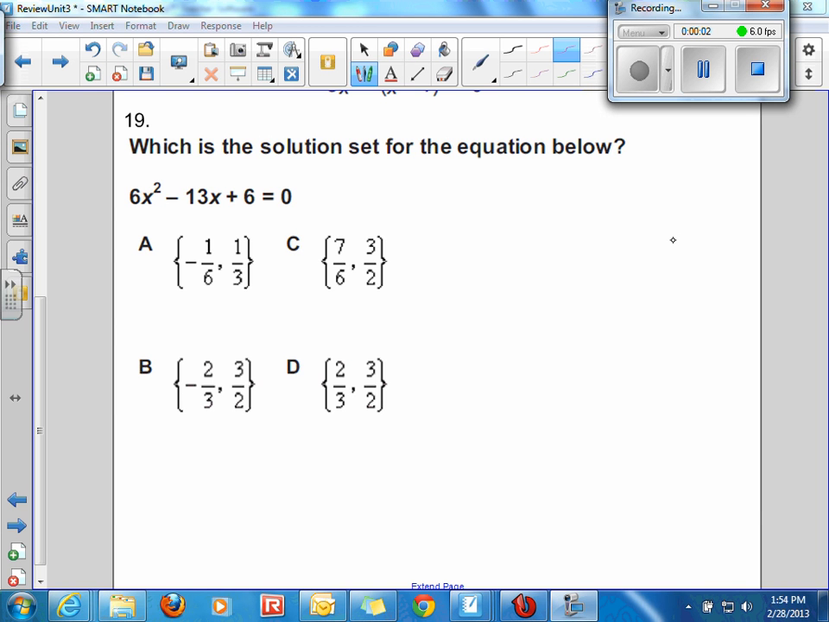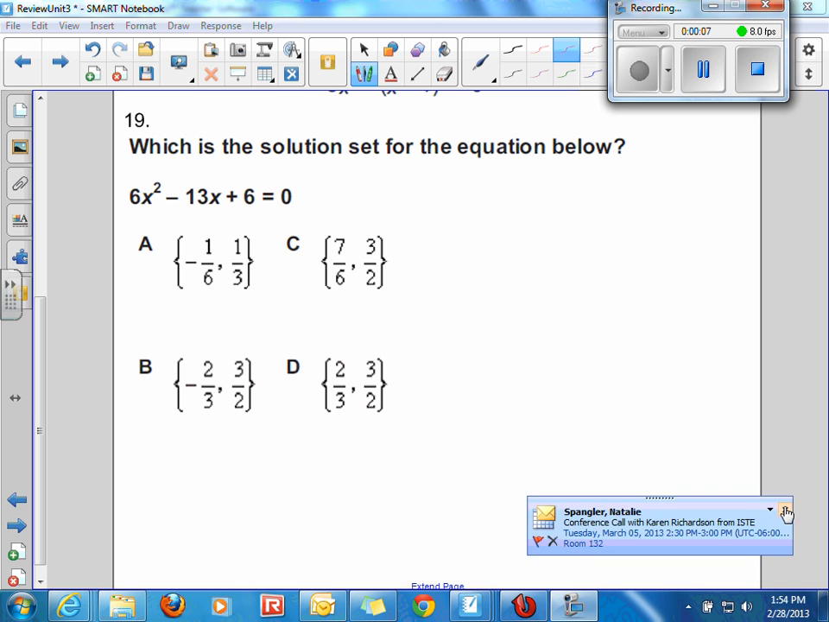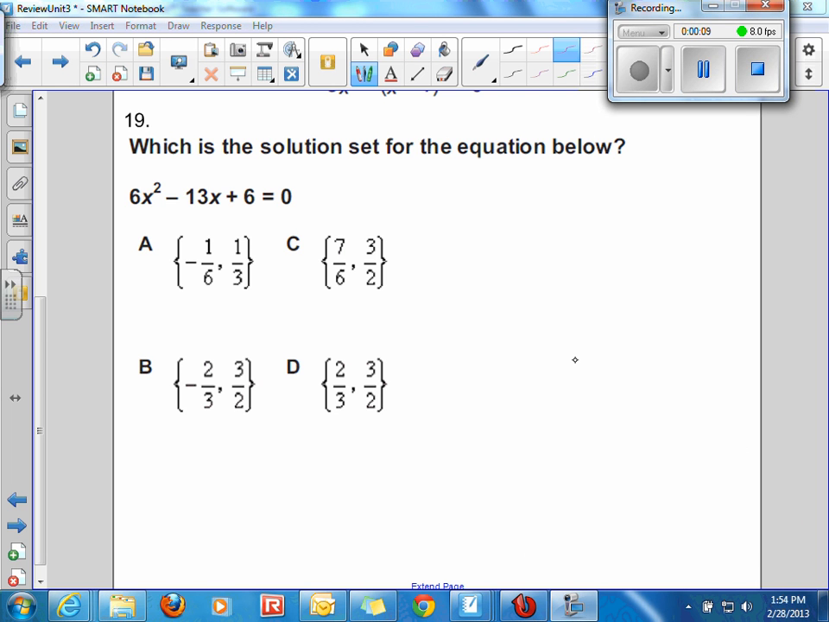All right, on number 19, it's asking me for the solution set to the equation. And we can find this many different ways. You could graph it and find the zeros. You could use the quadratic formula. Or what we're going to do, just because we want to refresh our memory on it, is we're going to